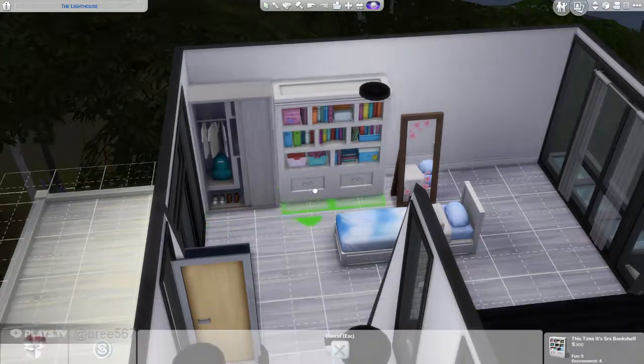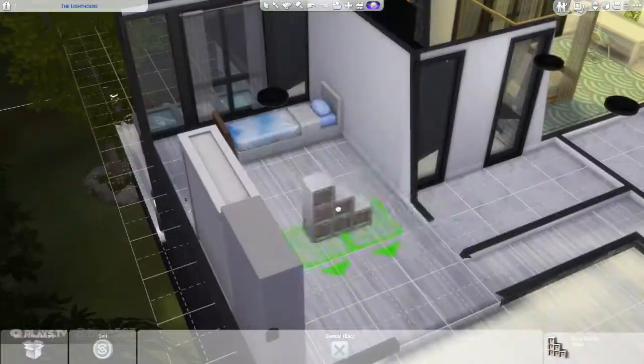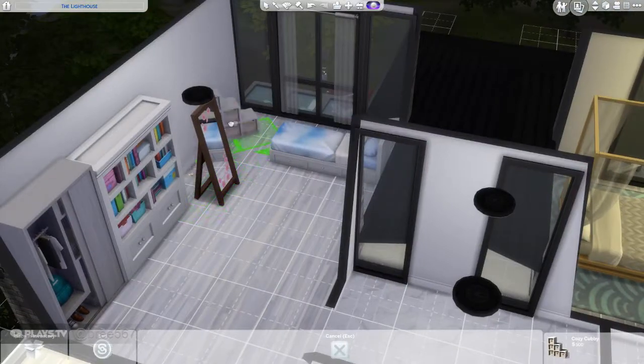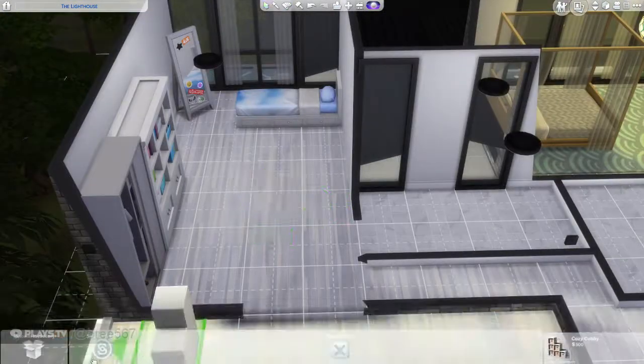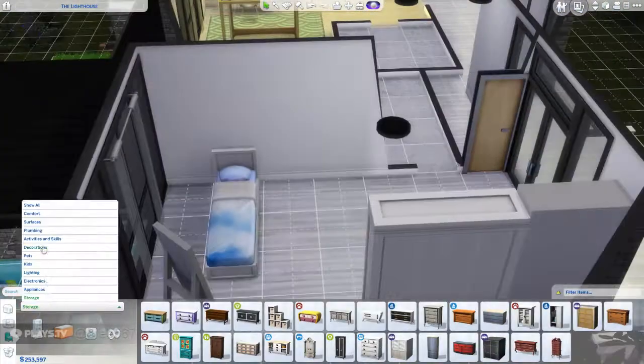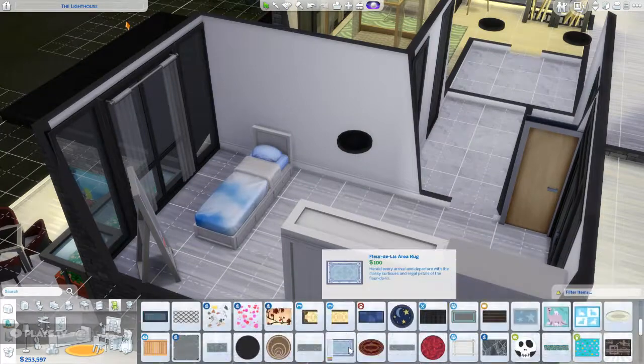So this is going to be a children's gender neutral bedroom. Could be a boy or girl, it doesn't really matter. I kind of left it blank, but I will be leaving the build here,